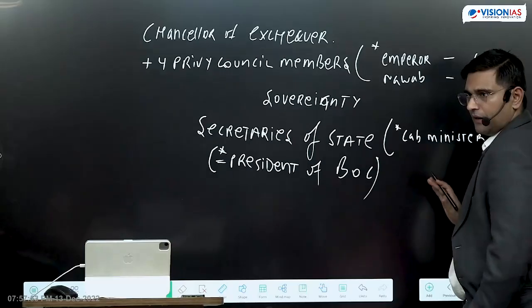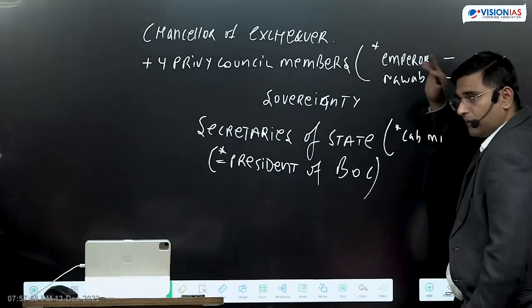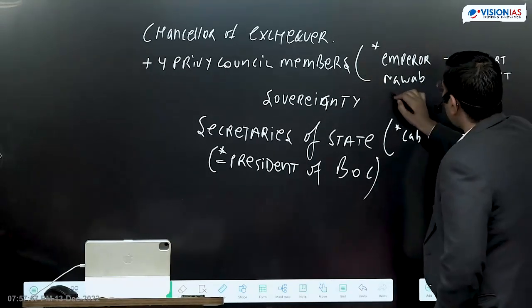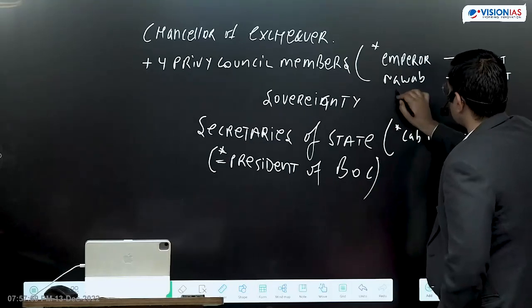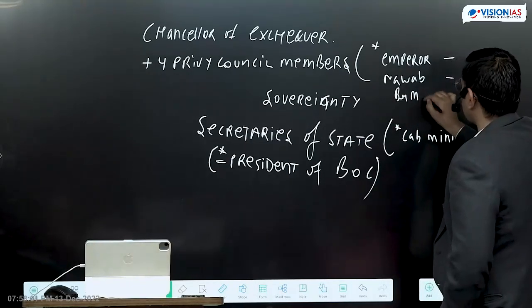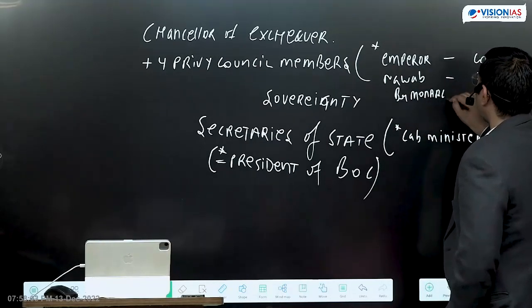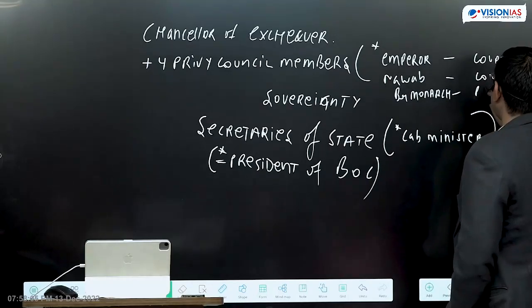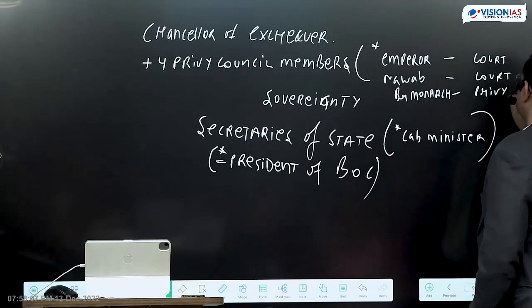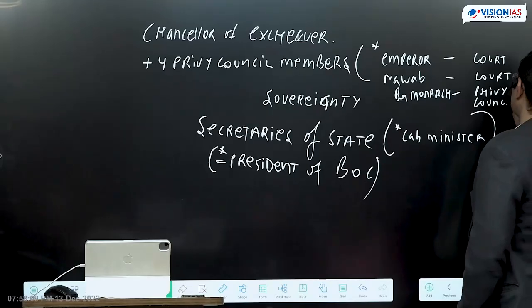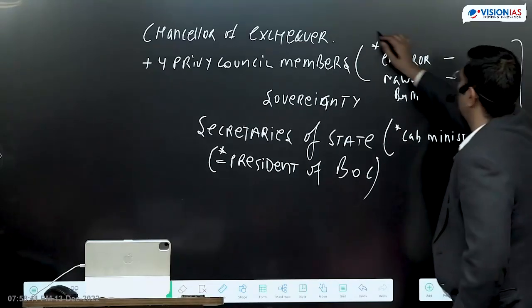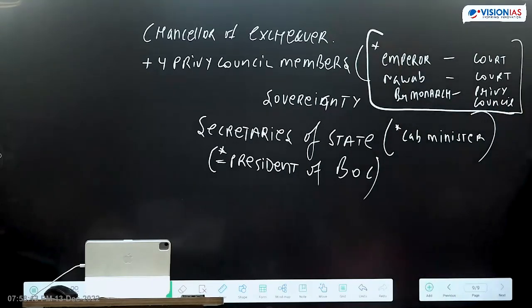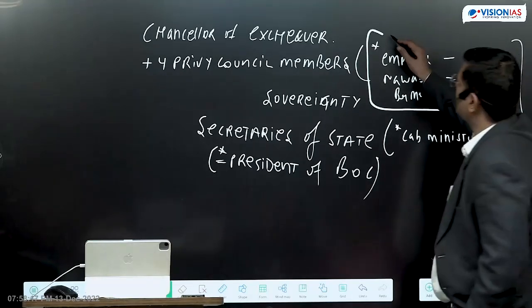So at that time, in the case of your king, that is the British monarch, इसके कोर्ट को कहा जाता था या इसकी कैबिनेट को कहा जाता था प्रीवी काउंसिल, like your Chhatrapati Maharaj,